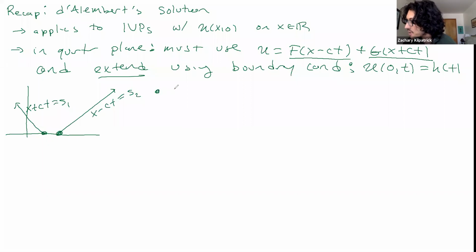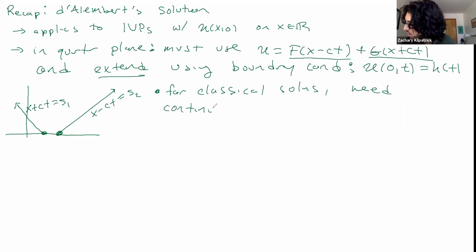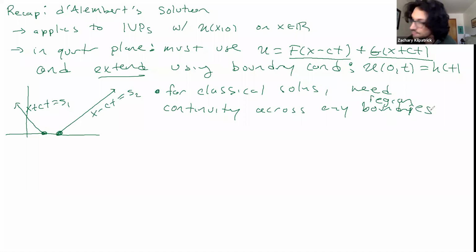One caveat is that for classical solutions, we need continuity across any region boundaries. And so what does this mean? If I have the quarter plane problem, okay,